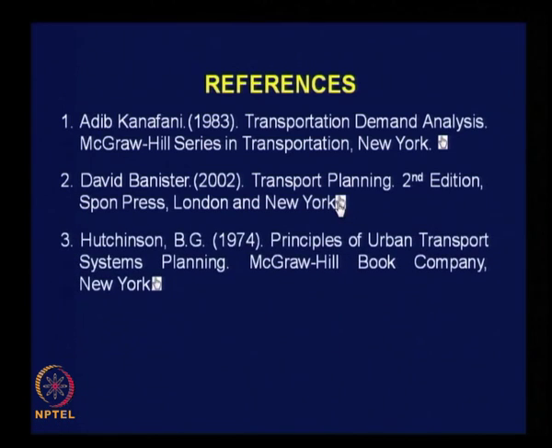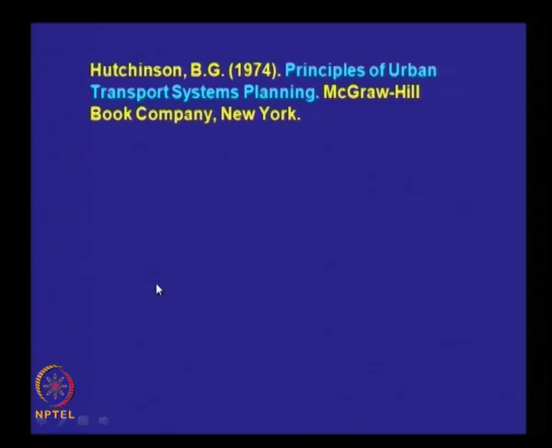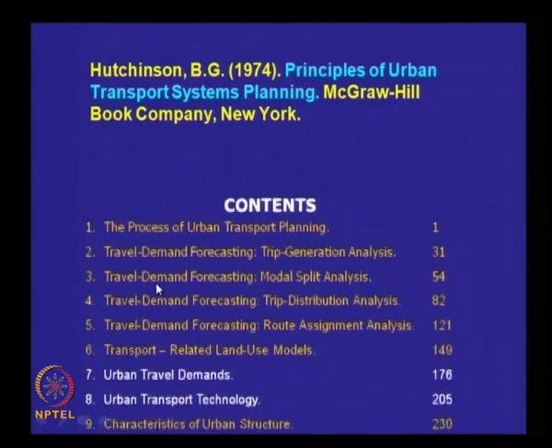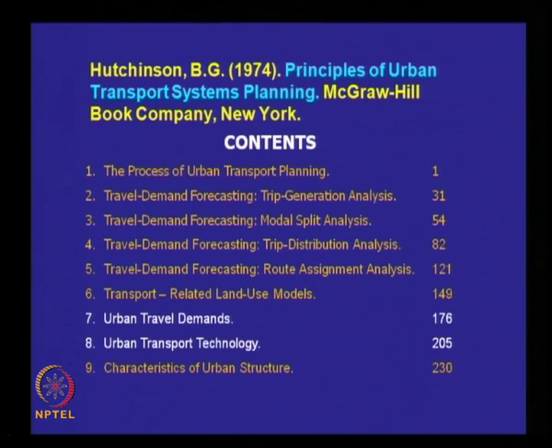Next, Hutchinson, B.G., 1974. It's a very old book. It was not revised subsequently, but it's a good book. Principles of Urban Transport System Planning. And you can see the contents of this book, and I have given orange color to quite a good number of chapters of this book because I find it's quite relevant for this particular course, starting from the process of urban transport planning, trip generation, modal split, trip distribution analysis, route assignment analysis,